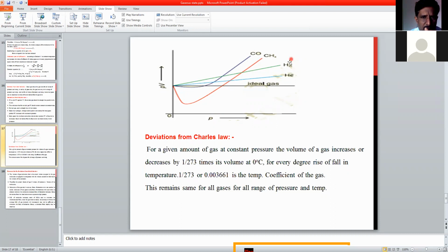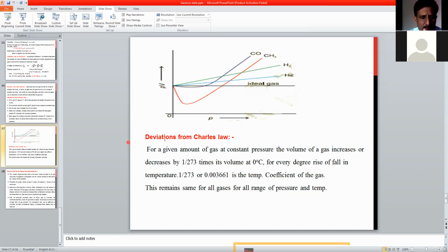Now, if you consider hydrogen and helium molecules, there is a positive deviation of these real gases from the ideal behavior. This means that hydrogen, helium, CH4 and CO are real gases. They are not obeying the ideal gas laws. That's why we obtain a positive deviation for hydrogen as well as for helium. So this picture indicates how gases show ideal behavior, which gas molecules show real gas nature, and how they deviate from ideality or the ideal gas equation.